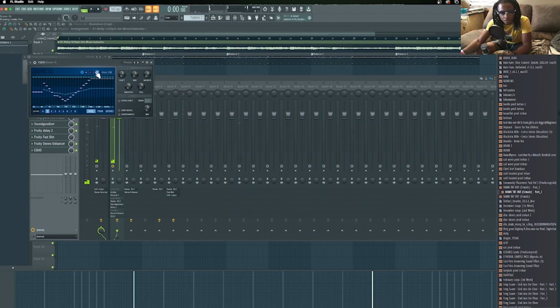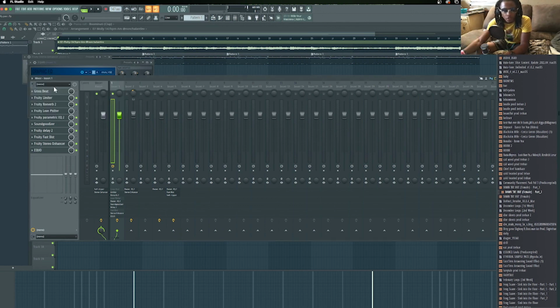Sometimes I adjust these little things right here according to the melody. I just want to give y'all the time to play with that. I'm not going to go into much detail, but yeah, that's pretty much it. These are all essential plugins that I advise all my fellow producers to use if you're going to be making beats using plugins. Now granted, I'm not going to sit up here and say you don't have to use plugins,